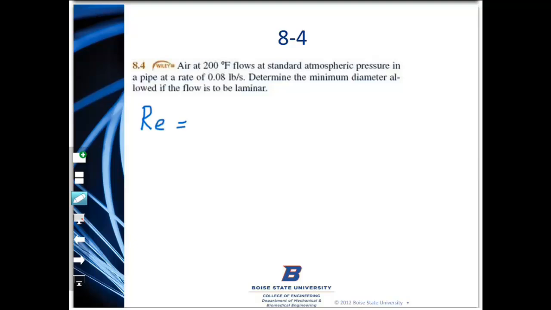So Reynolds number can be 2100. Now let's write what would be the Reynolds number. What is the definition? It would be the density of the fluid, the velocity with which the fluid is flowing, times the diameter over the absolute viscosity. So in this we know the fluid, so we can find the density and the viscosity at the temperature 200 F for air. If you go to table